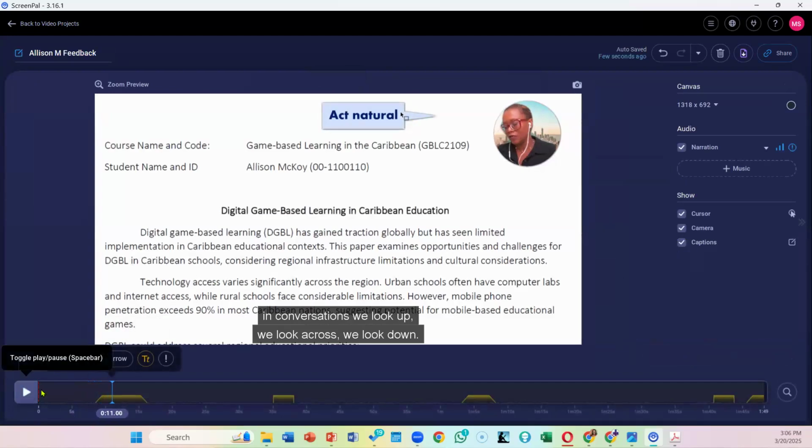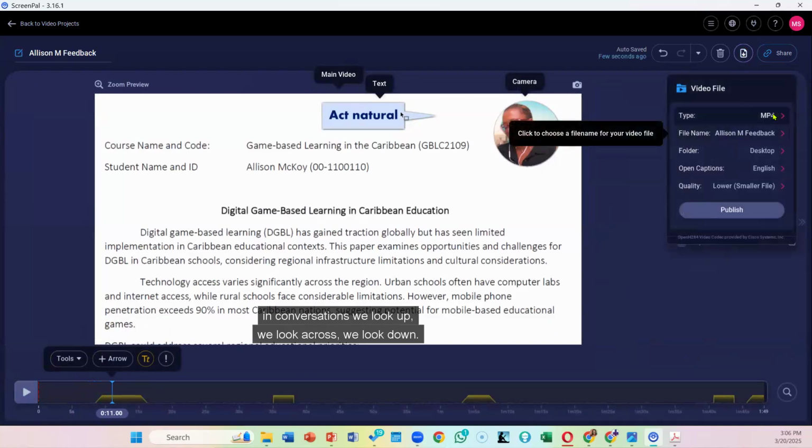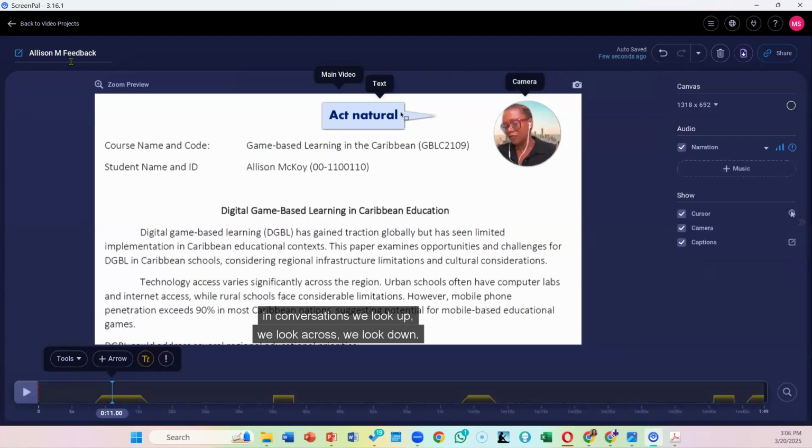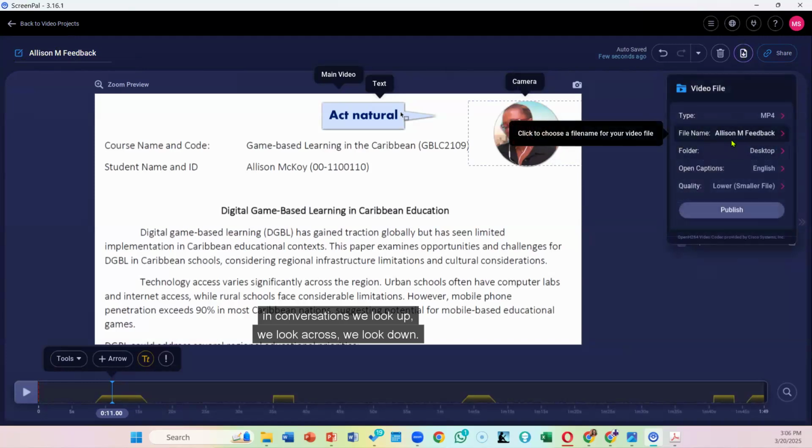All right. So all those different things are put in place and then we're ready to save. So when I click on this, it says save this project as a file. I click on it and it tells me that it's going to save it as an MP4, but I can change. MP4 is very common, so we'll save it as MP4. The name is Allison M Feedback, and that's because we had put it here before. If we hadn't put it here, it means that we would have to change it so that it doesn't say